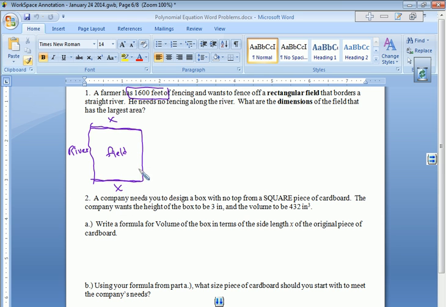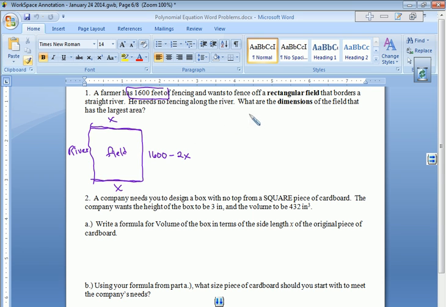Well, she got ahead of herself because she knew if there was an x here and there was an x here, and we're trying to determine this dimension, we know we have 1,600 feet of fencing to work with, and we've used up x and x. So what's this dimension? 1,600 minus 2x. That's what's left. That's how much fencing we have left to represent this side. Take a moment, see if that makes sense. Okay, so now that makes sense,